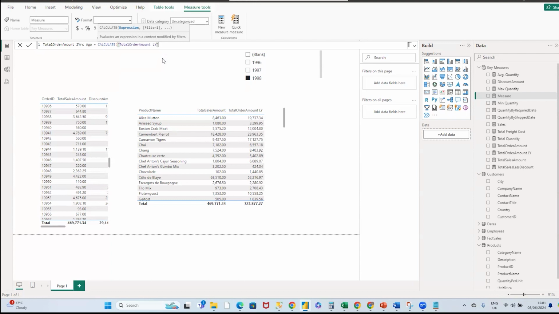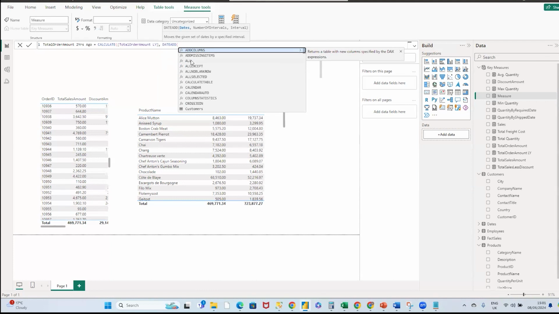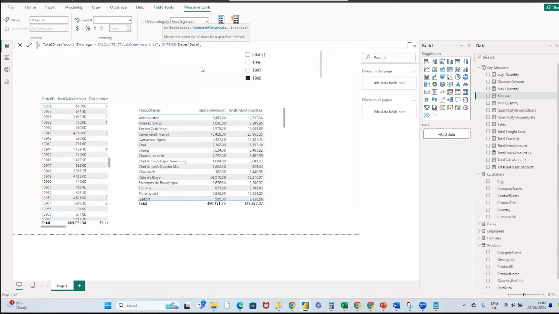So it's going to be 1996. And we can write it in two ways as well. So comma, and then we can now say DATEADD, and then I'm passing in date. I'm passing in that. And then in this case, I can say 1 year, and then, oh, sorry, comma and year. Okay, and I close that as well. Okay, and I can rewrite this. I will rewrite the second type